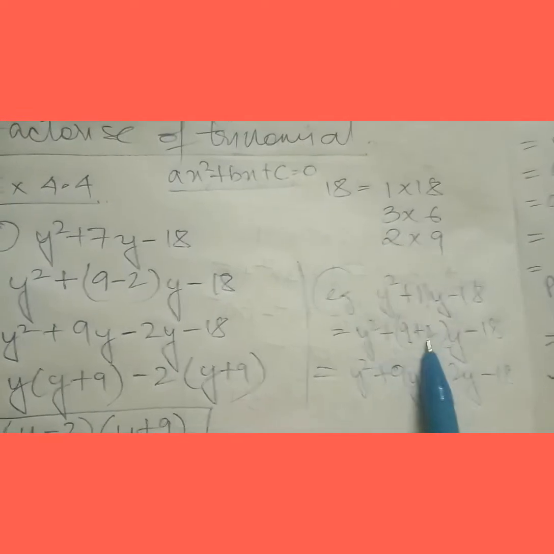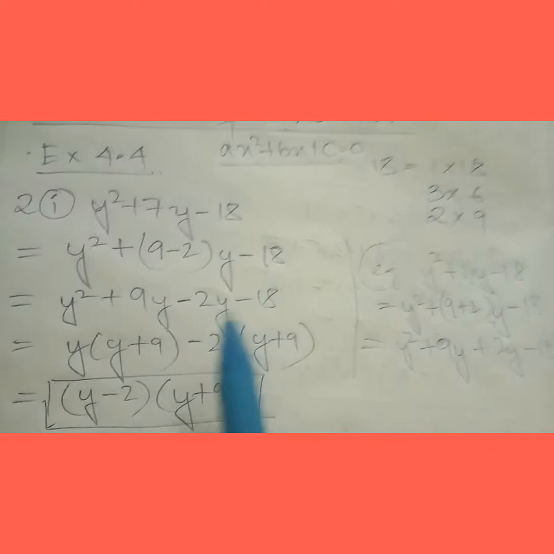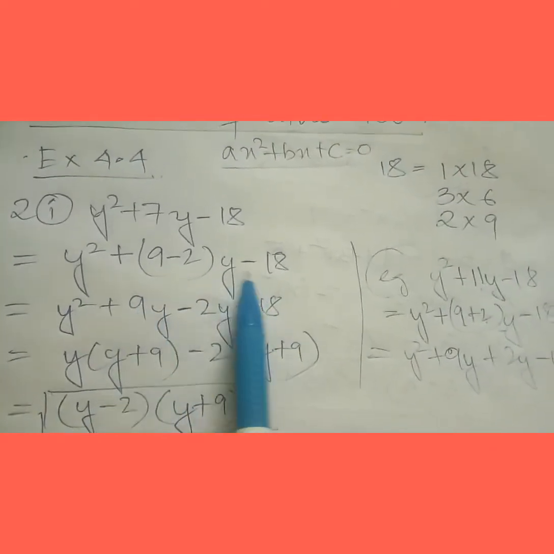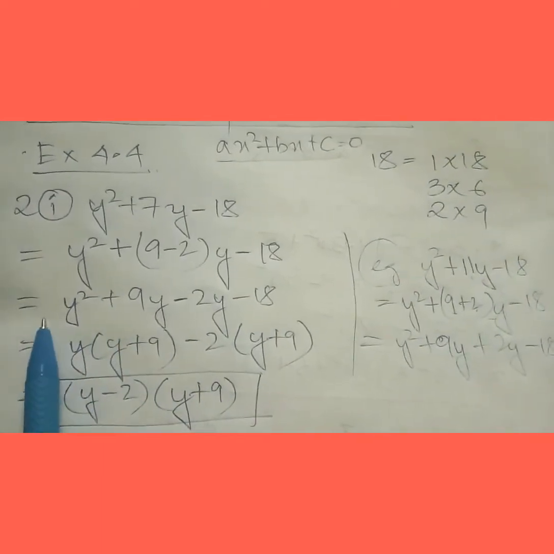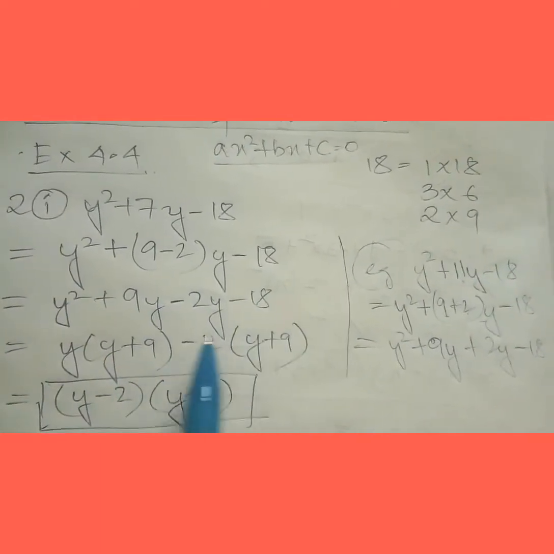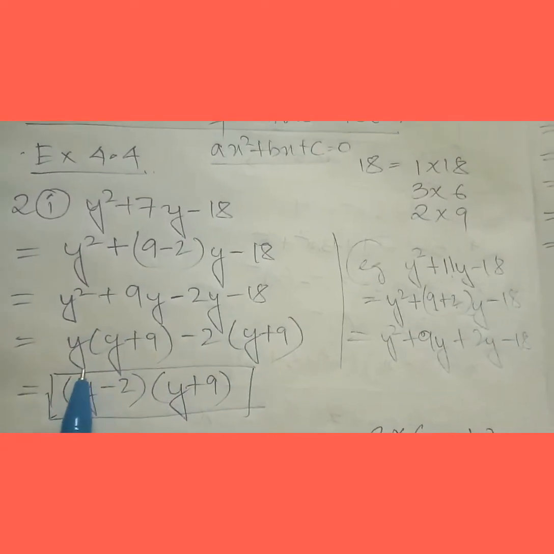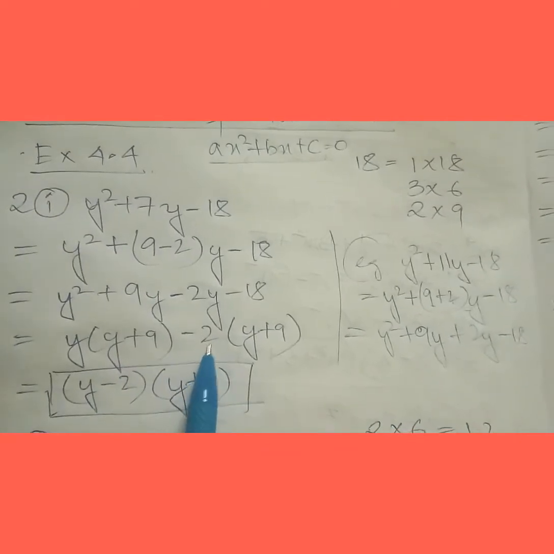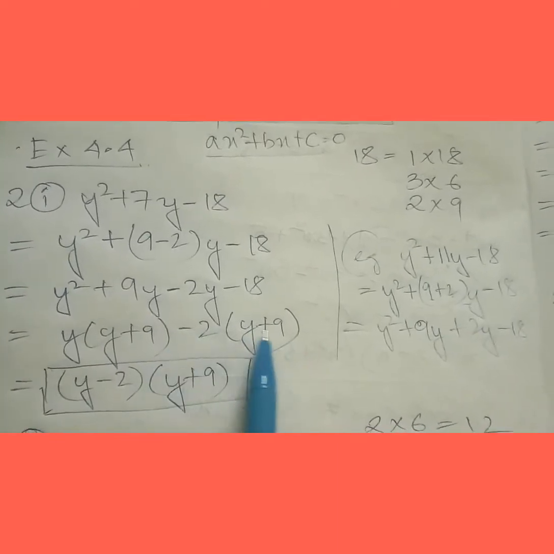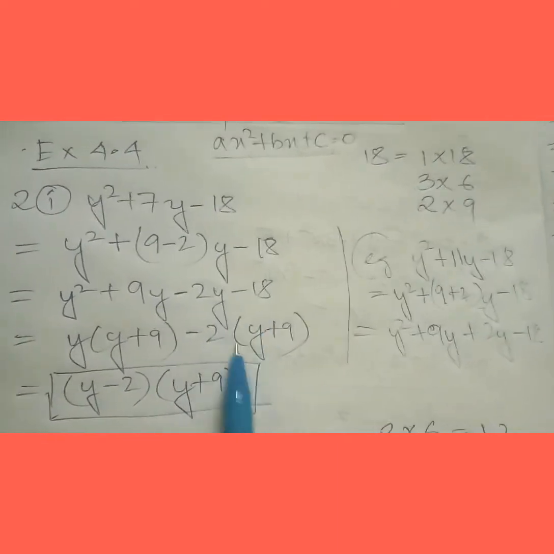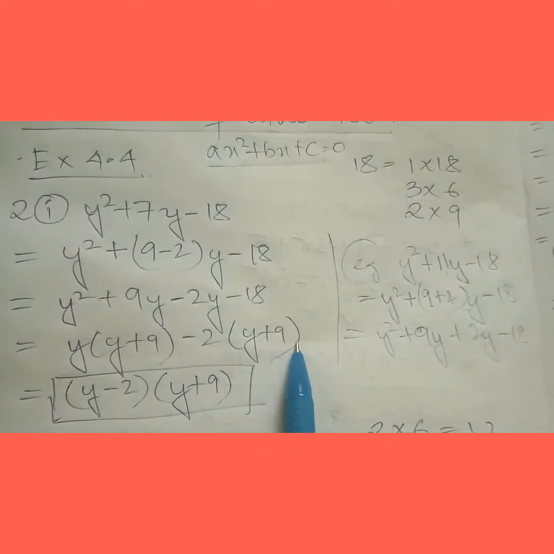Okay, this plus minus will be on the basis of this number only. And for the rest, here I have opened this bracket, opening over, 9 into y will be 9y, minus 2 into y will be minus 2y. Then from here, how many terms are coming? 1 2 3 4 terms are coming. I'll take 2 pairs, and from there I'll take out the common. From here I can take y common, so I've taken y common, plus 9, and there will be 2 common, will be y. But here see, you have to check the minus into plus will be minus, and after doing this step you'll see that this part and this part will be the same value.